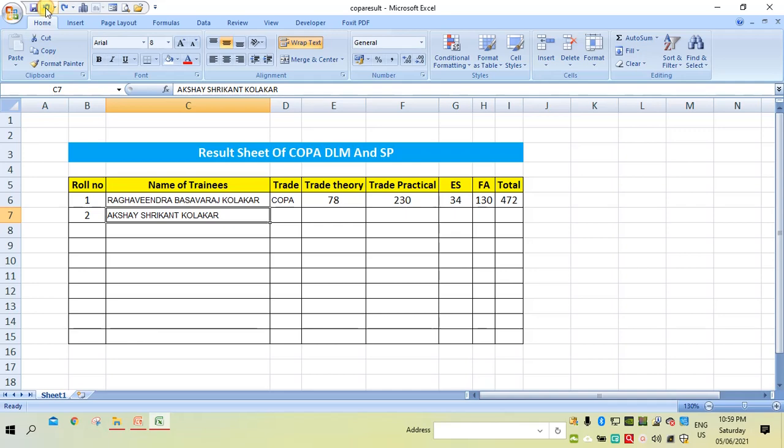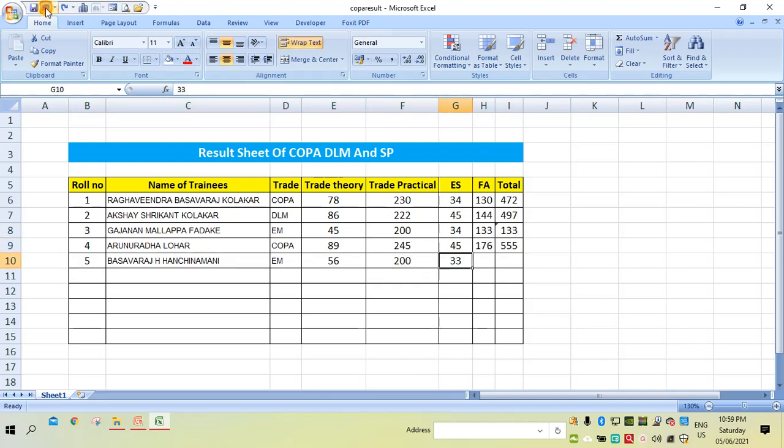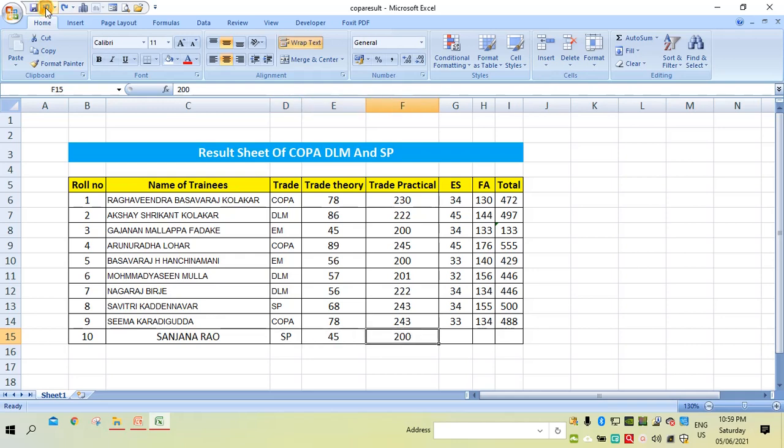Like that I will add a minimum of 10 records and show you. So this is the table. In this way we can create a table in MS Excel.